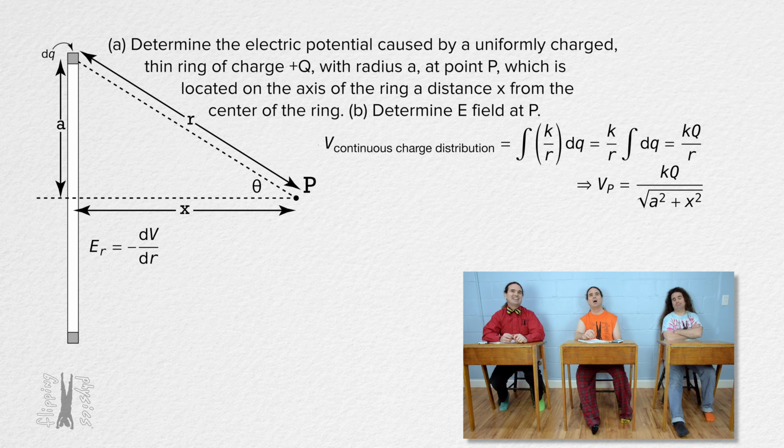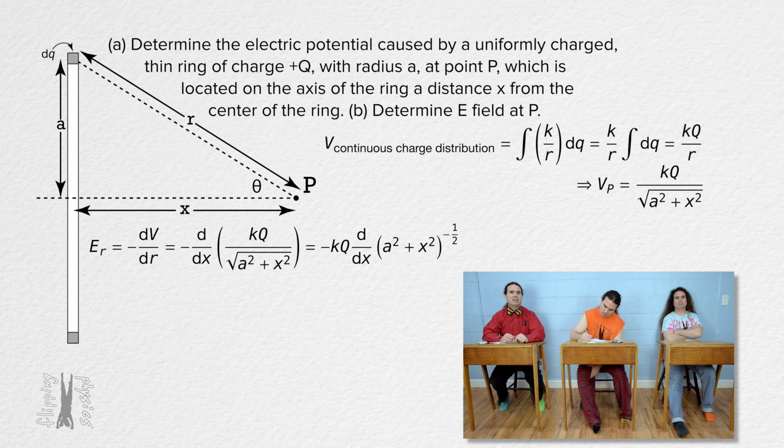Right. Thanks, Bill. We can substitute in the electric potential at point P that Bobby just derived, and change it to the x direction because we know the electric field at point P is in the positive x direction. We showed that last time. The Coulomb constant and charge are constant for every value of x, so those can come out from the derivative. And 1 over the square root is the same as an exponent of negative 1/2.